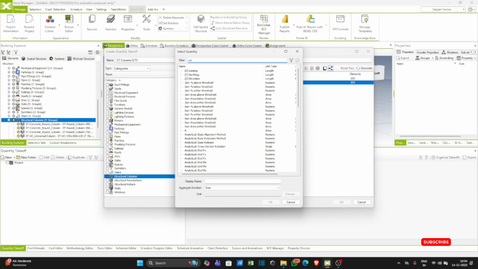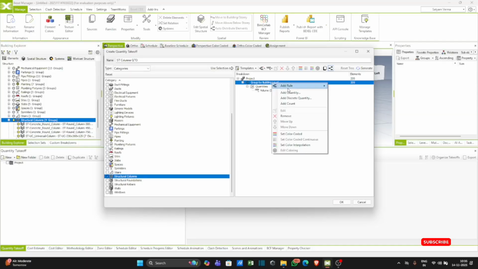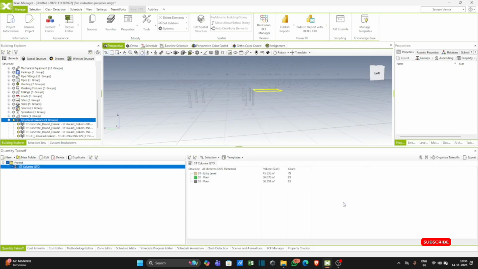In quantity, we put volume, add count, click generate, and this is a color code. So this is a set color code rule. Click OK. So here you can see my structural columns are at entry level, second floor and third floor.